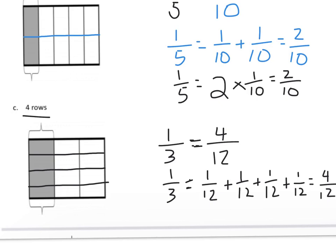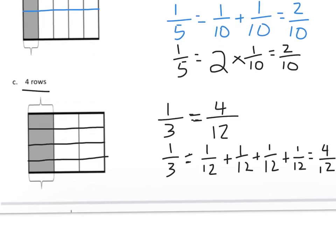And then one more way to look at that is that multiplication way. 1/3 is equivalent to, well, shoot, how many 12ths did we make? 1, 2, 3, 4. So that's your whole number. We had 4